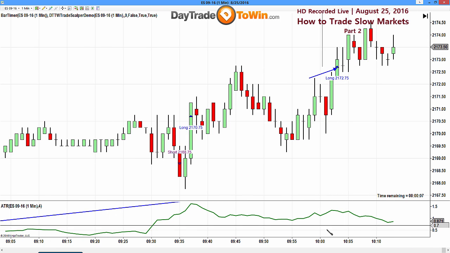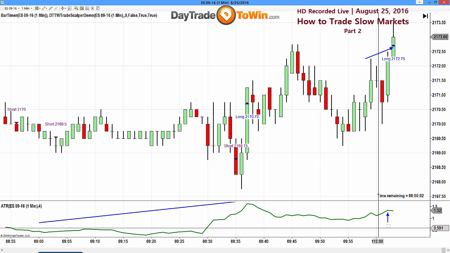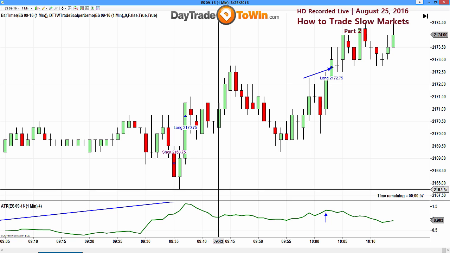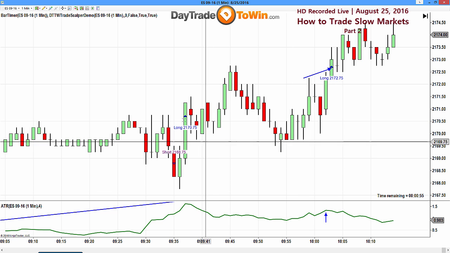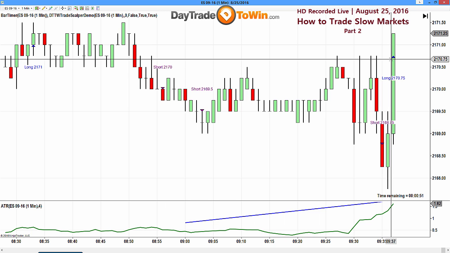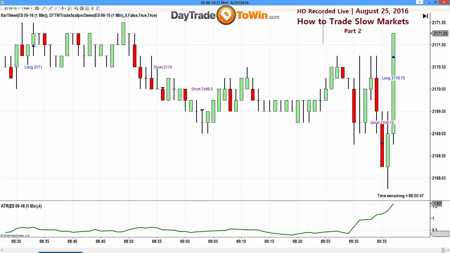Here, based on this, is only 3 ticks. So I know already it's tradable. It's not too slow, it's 3 ticks, and there you go. So Bob, this is right as soon as the market opened here, 2170. I don't think it's really a good idea to trade right as the market opens, especially scalping, because there could be a big whipsaw up and down where it could chop you out.